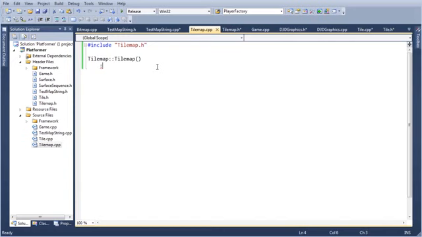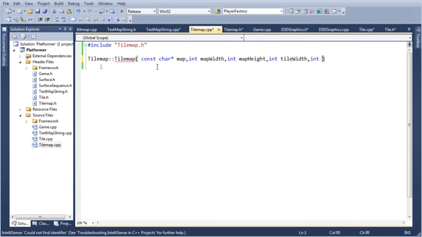Okay. Now, tile map, we're going to need to take const char pointer to map. Int width, int height. Let's specify here: map width, map height, tile width, tile height.